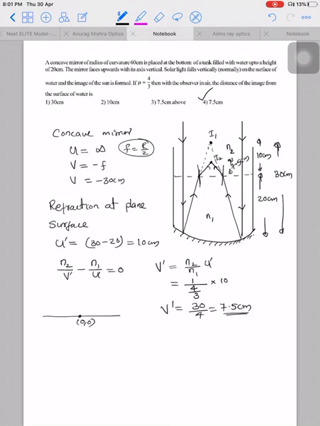So generally in a combination of reflection and refraction, to find out the successive images or final image, we are using the principle that the image formed in one stage is considered as the virtual object of the next stage. In most of the questions like this we are using this method. So please note that. Okay, thank you.